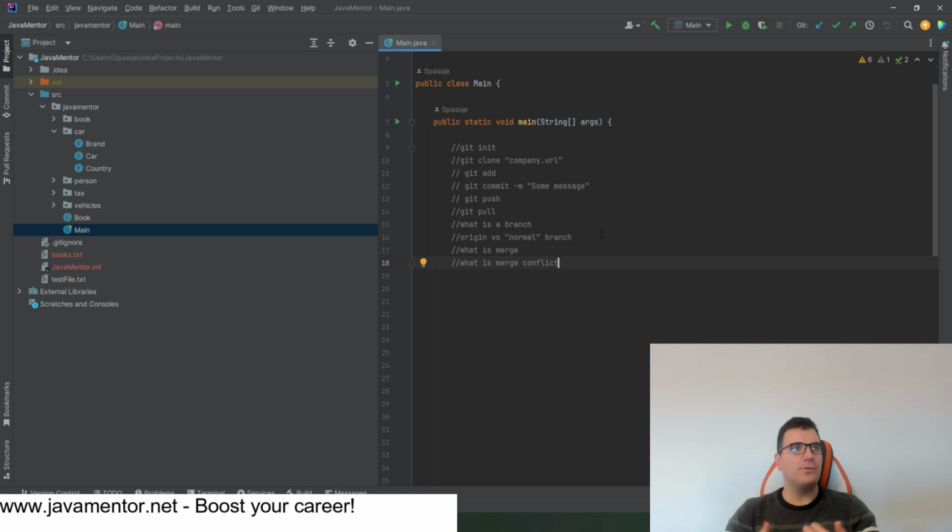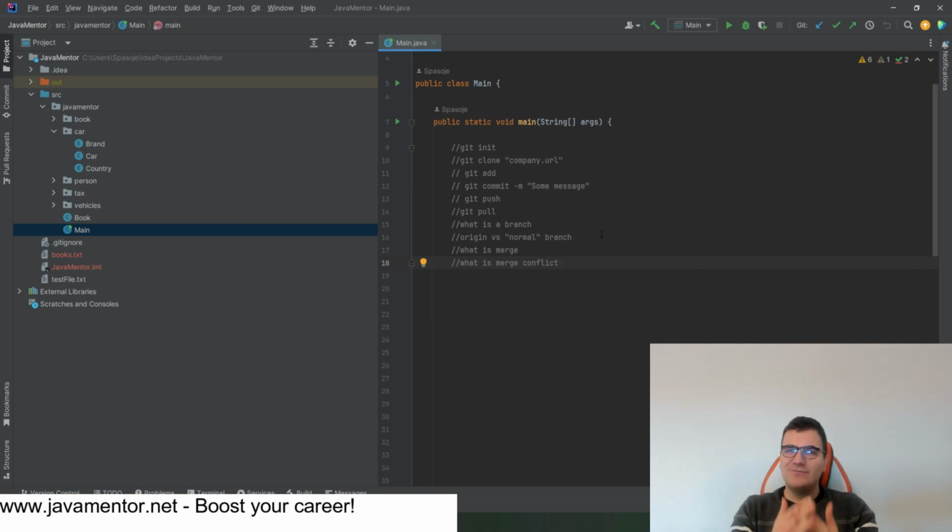So let's say that you are working on your features 3 days. In the meanwhile, some colleague finished his feature and he pushed his changes to the master branch. And now when you're done with your features on your new feature branch, you try to merge to the master branch, but Git is not sure which changes to take. The changes that are already on the master branch or your changes, because those